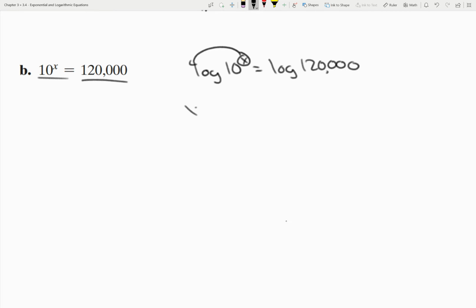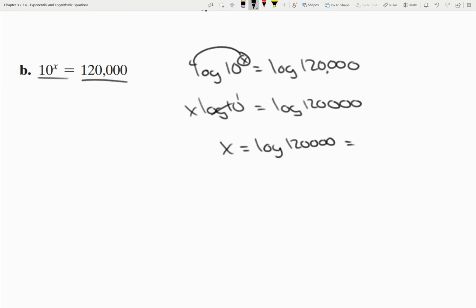Pull the x to the front, and I don't even have to divide it out because the log of 10 is 1. So this just cancels. It turns into a 1. And so we have x is equal to the log of 120,000,